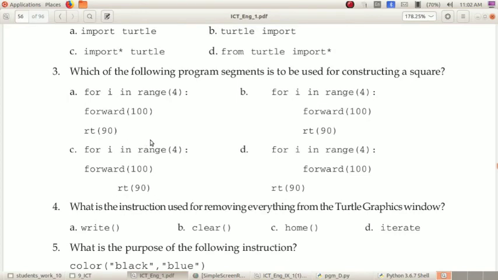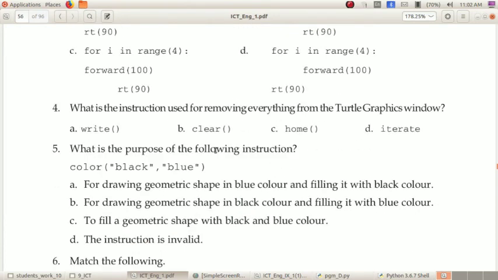Very easy question, no? Here you can see that all the code is the same, but the only difference is the spacing. So which one is correct? Yes, the for loop is here, then forward and right instructions start from here. So the answer is option B.